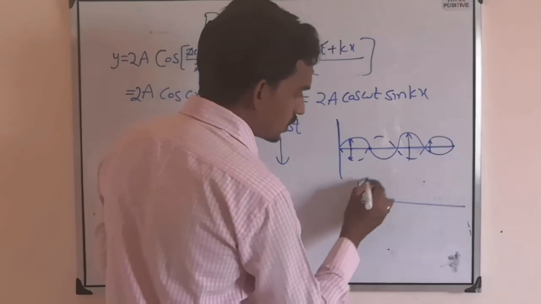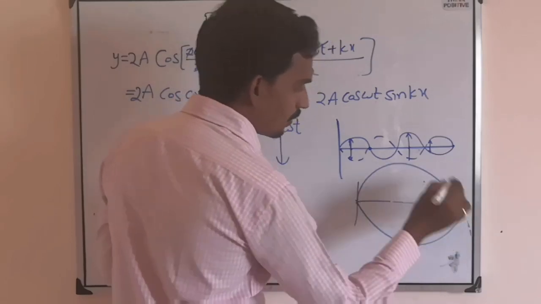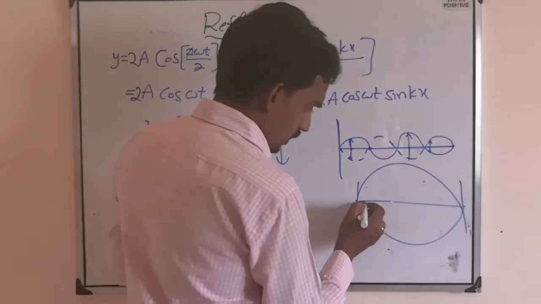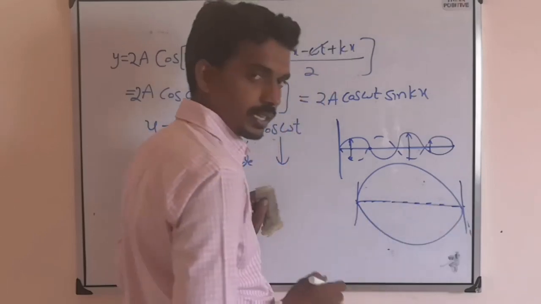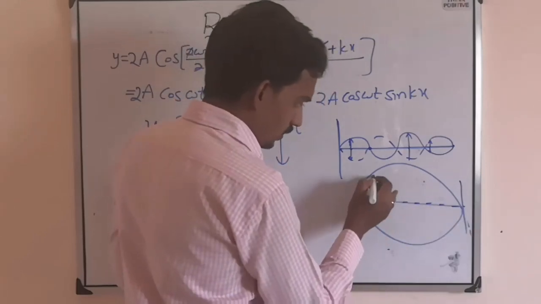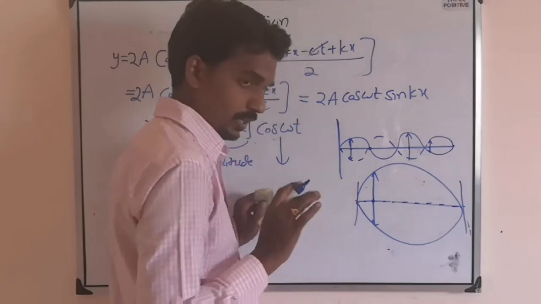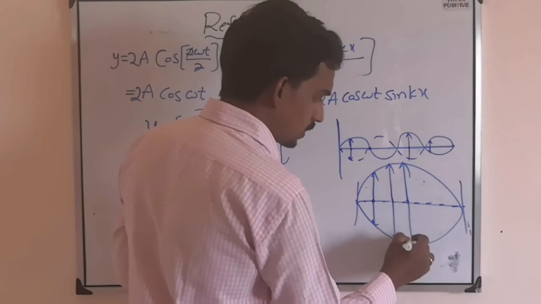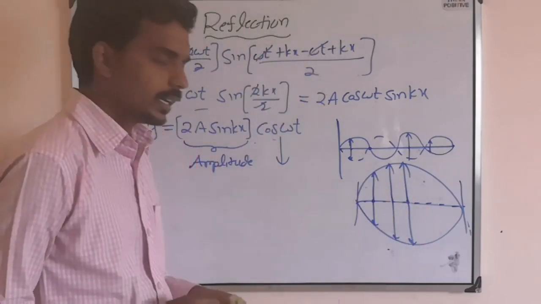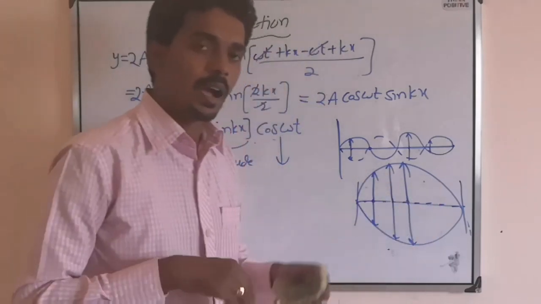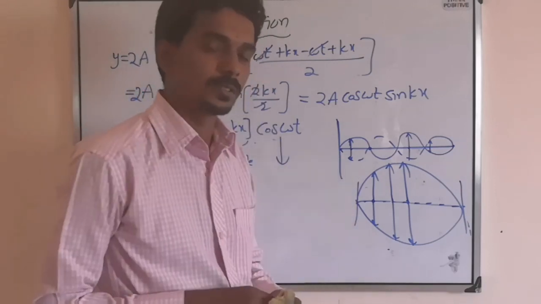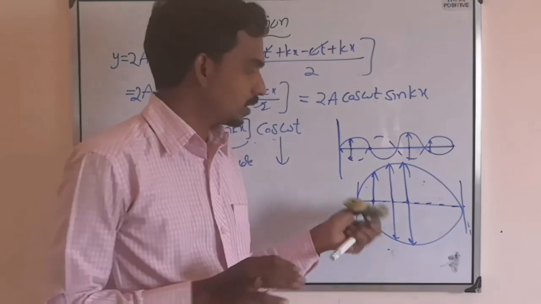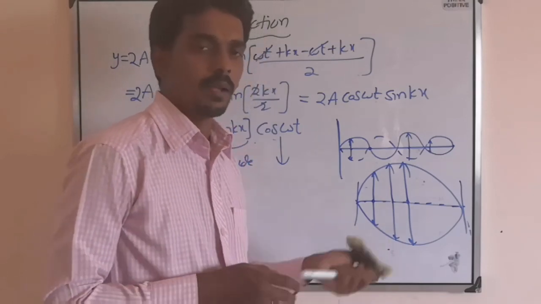Like this you consider. Suppose this is one wave. Half wave you consider, standing wave, between two fixed supports. Now these are all the particles of the medium, the string. So this point amplitude is only this much. This point is this much. This point is this much. Like that, different particles have different amplitudes at the same time.